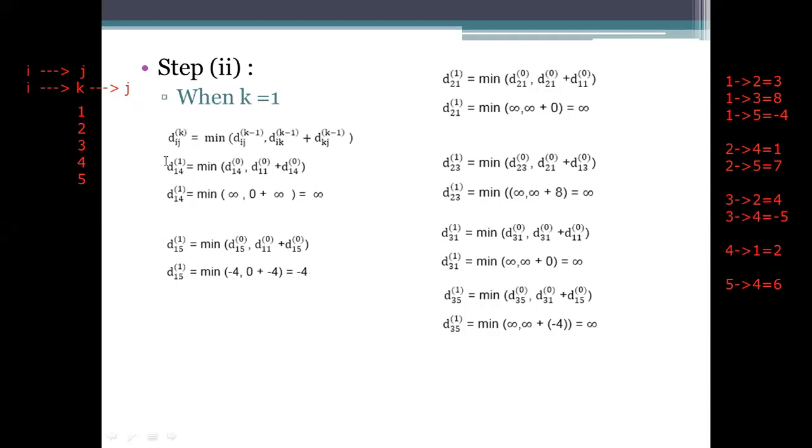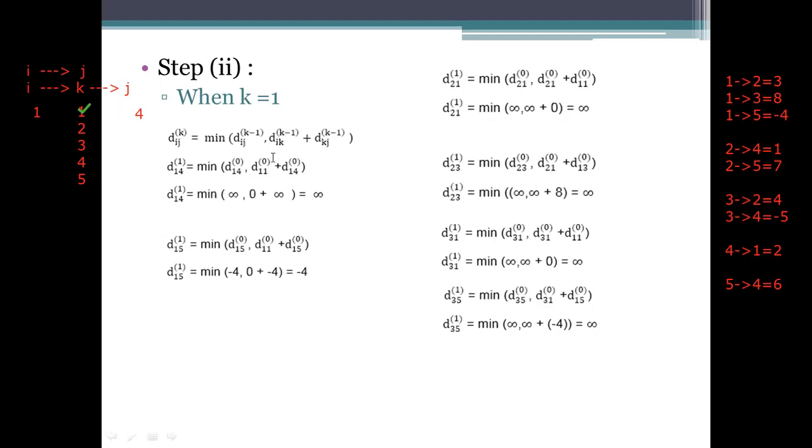Okay, here I am taking the k value. The first k value here is 1. And now see what value we are taking. The i value we took here is 1, and the j value we took here is 4. Okay, for the 4 first we are calculating. What is the value for 1 to 1? For 1 to 1, 2 to 2, 3 to 3, 4 to 4, 5 to 5, the diagonal elements, we need to specify it as 0. So the 1 to 1 distance is 0.